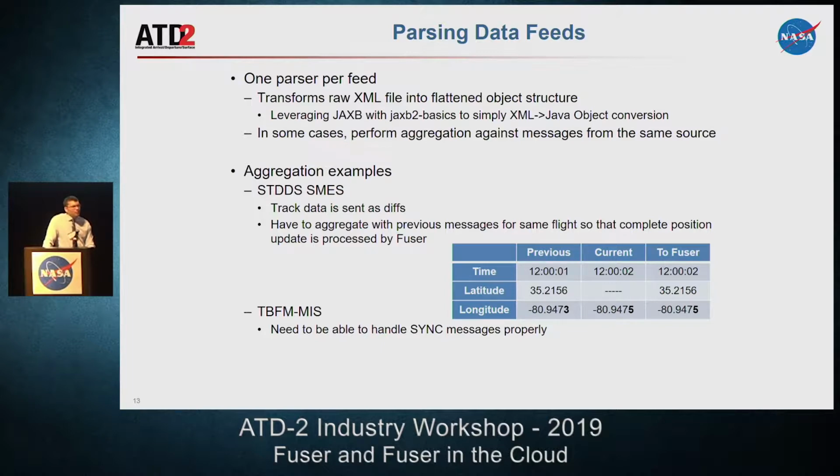So can you expand on your comment on the source? What do you mean when you say if you want to know the source? Well, if you're trying to interact with ERAM, then you need to go with ERAM's flight plan. Okay. Right? So TFMS's flight plan that it gets from ERAM is not necessarily